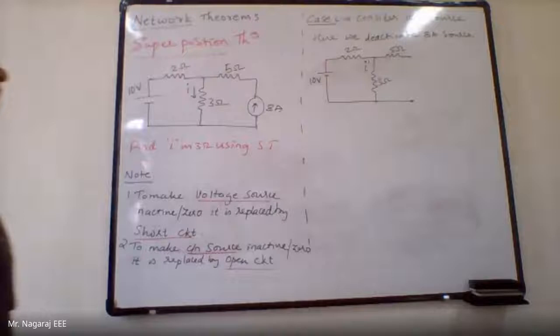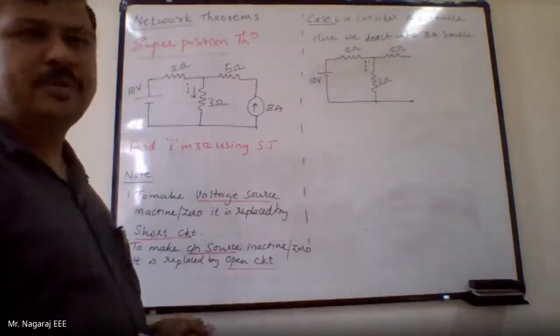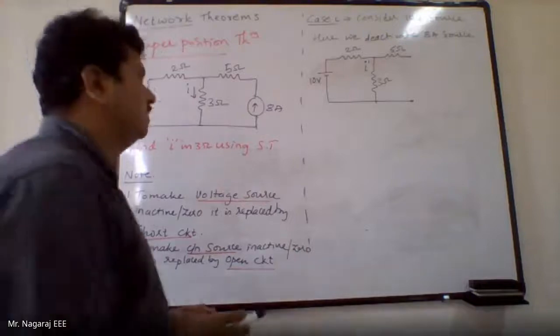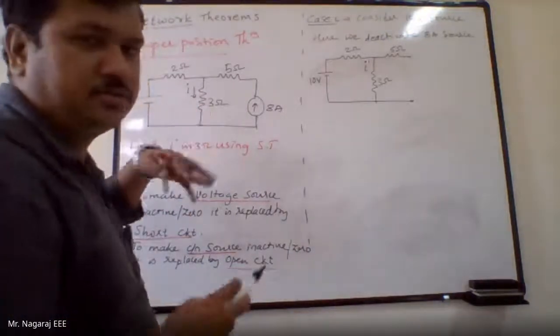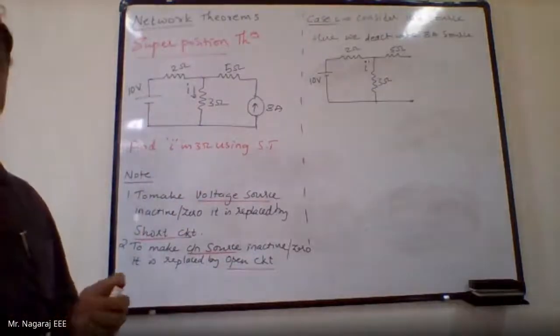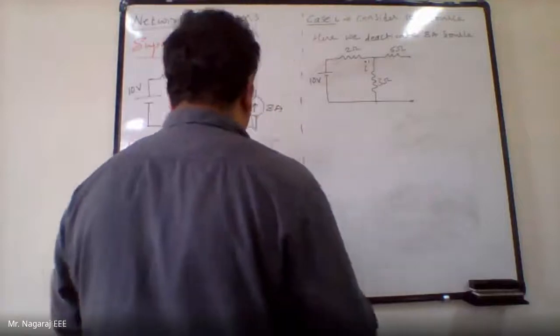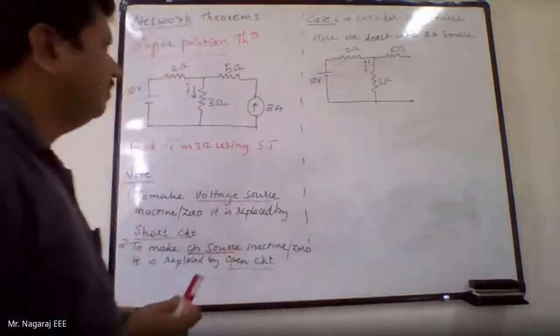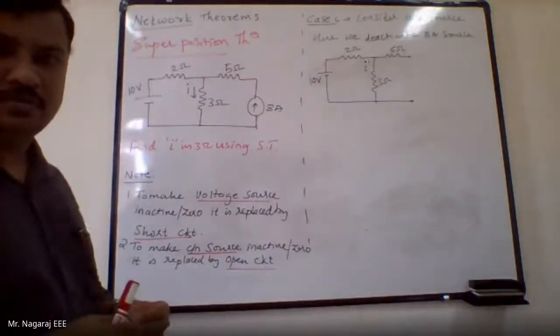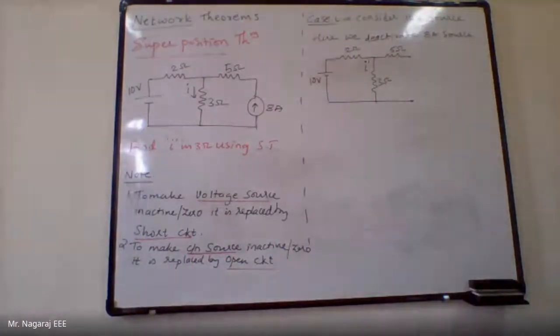Okay. So let me take the current due to the 10 volt source to be I dash. Because I should know what value I have to add, I'm giving a temporary name to that. Now I have kept the 8 ampere current source open, that is, 0. If I have to make the current source 0,